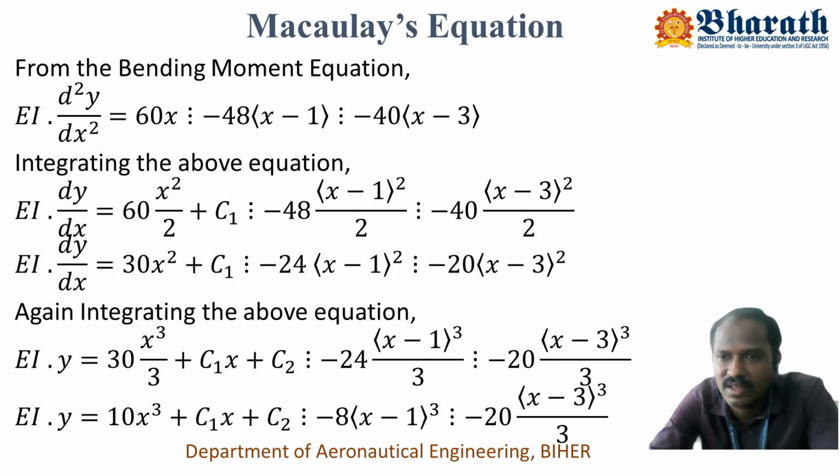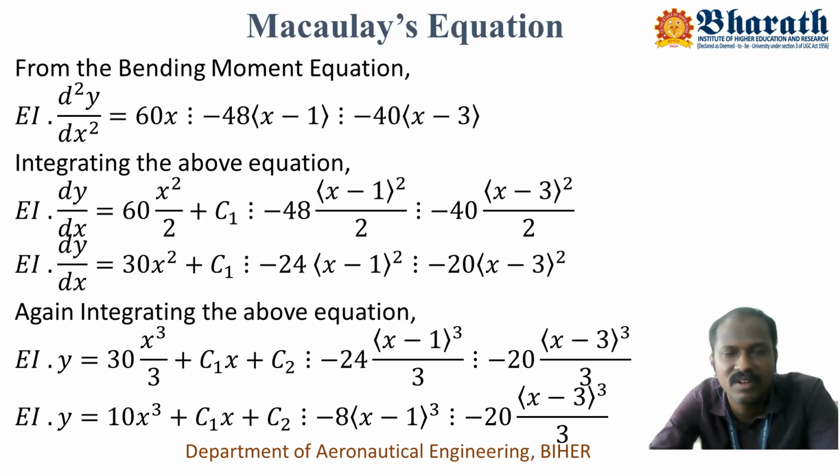Also, the second integration constant C2 is written in your deflection equation in the first term only. It is not written at the end part. So this particular constant of integration should be taken care of. You should not write the constants at the last, otherwise the entire process will become a wrong one. Fourth point you have to remember. Earlier we have discussed 3 points to remember. So you have to note down this fourth point, which you should keep in mind: the constants of integration should be written only on the first term of your Macaulay's equation.